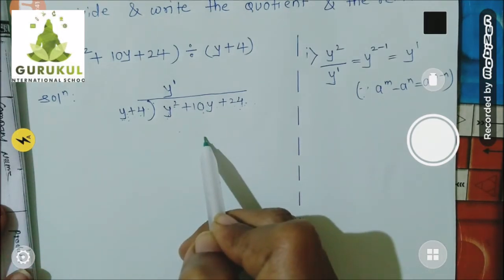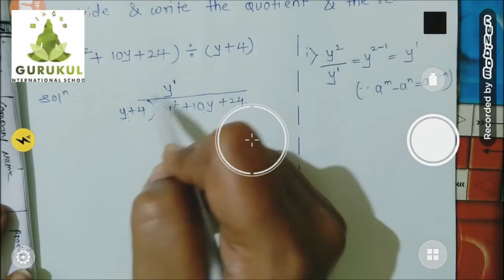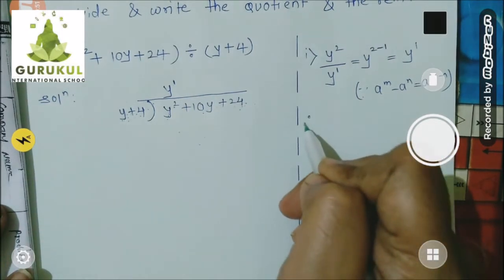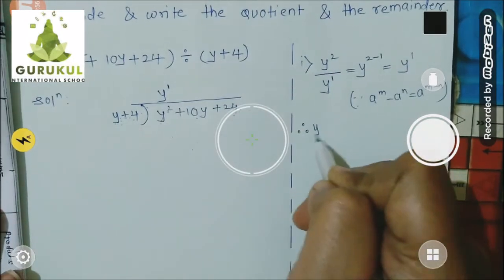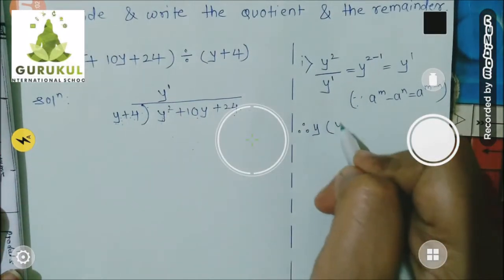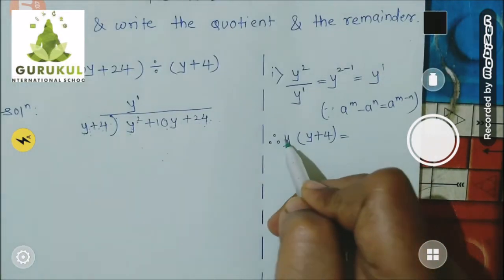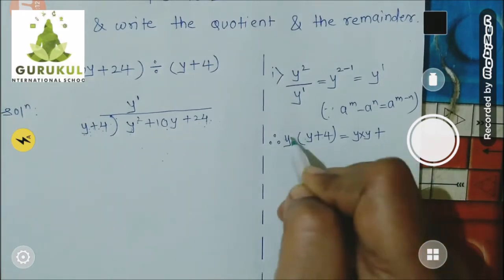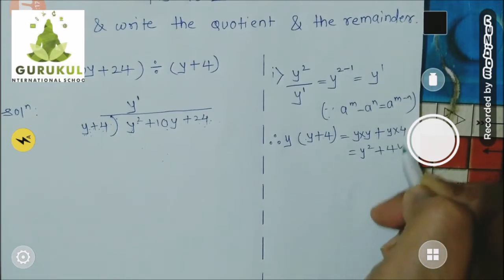Like terms means having the same power. We will write one below the other. So let's multiply these two and then write the product over here. So I am writing here, put the therefore sign and then multiply. So y raised to 1, or only y, it is one and the same, multiplied by y plus 4. You know very well how to multiply a monomial into a binomial. y into y square, plus y into 4, 4y. It means y square plus 4y.